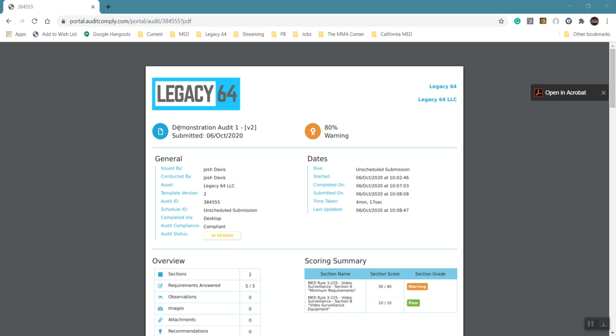At the top of the report, you'll see the name and the date that it was submitted, the score of the report, whether it was a pass, fail, or a warning, your general information, who issued the audit, who conducted the audit, the specific location, the audit ID, whether it was scheduled or random, whether it was completed on the desktop computer, smartphone, tablet, iPad, what have you, whether we're compliant or non-compliant, the status of the audit,